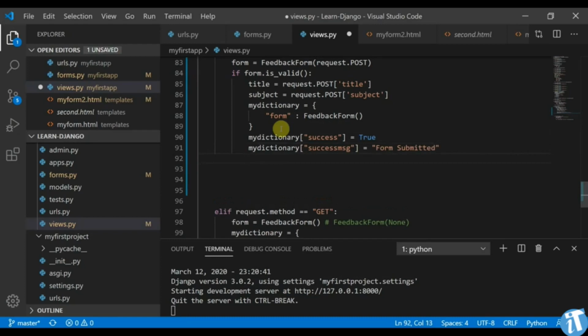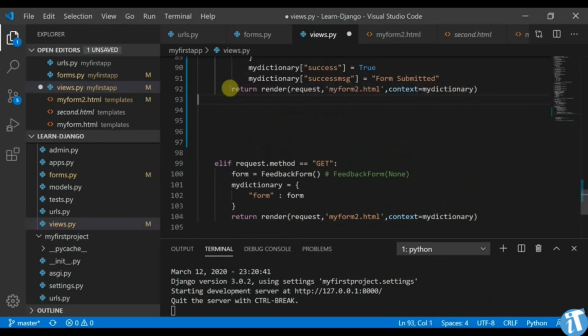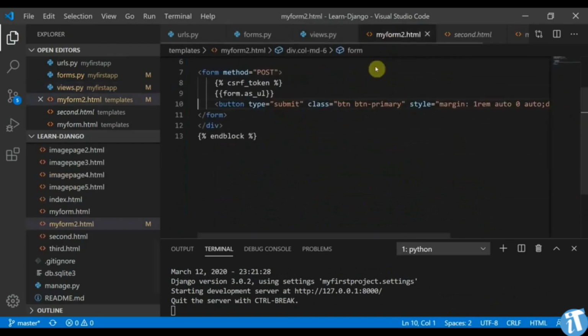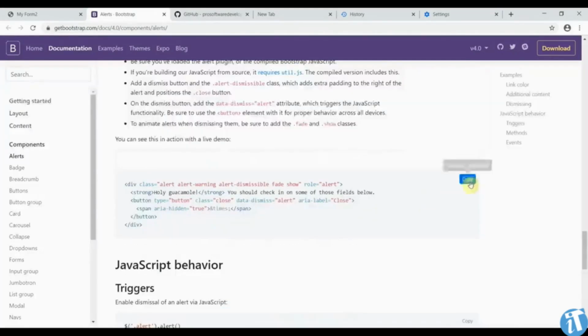And then what am I going to do? I'm going to return this page. So I'll take request as a parameter. My form2.html, context is equal to my dictionary, and here you can see now I have returned my form2.html and context equal to my dictionary. So basically I would move to this part. We would use this,